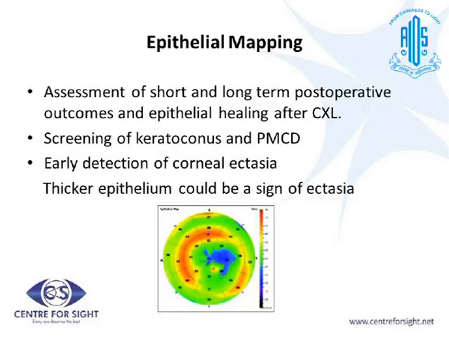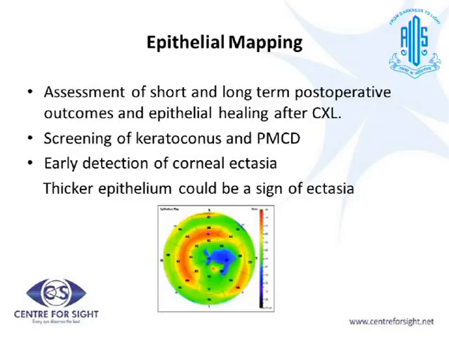Now, epithelial mapping is a newer concept to detect early cases of keratoconus, PMCD, or other types of corneal ectasia. The average corneal epithelium thickness is around 50 to 53 microns, and it's uniform throughout the cornea. But in cases of ectasia, what happens is that